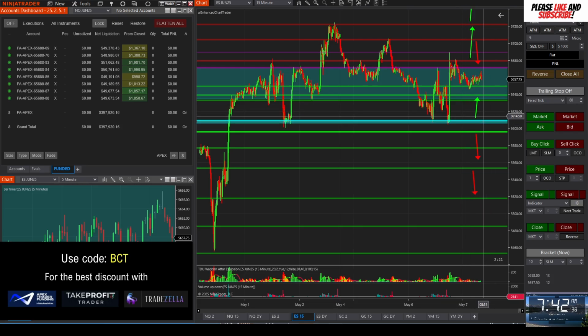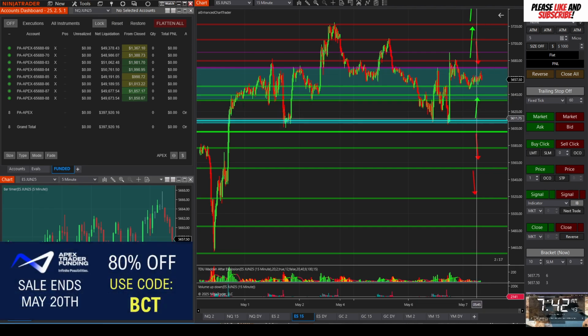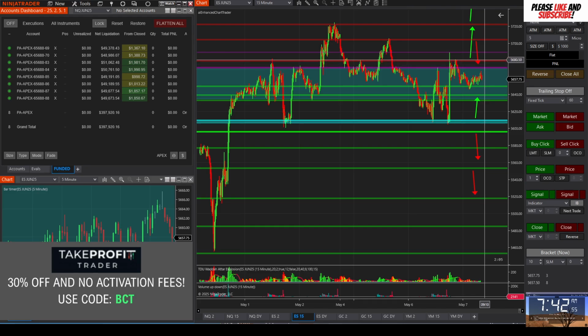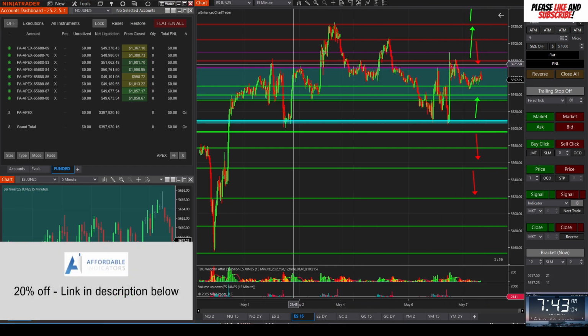But this is the number one trade I'd be looking for, is a long, a hold and a long off of this area. Again, not really looking to trade into the middle, not looking to trade into this stuff right here in the middle. If we get above, I really want to be beyond yesterday's highs, even above this, the 56.80s is where I want to be looking for longs on if we get a move to the upside. Not looking to take anything at the highs because we have this major level here at the 56.80s, I believe, and I want to wait until we get above the 56.80s to set up a long.